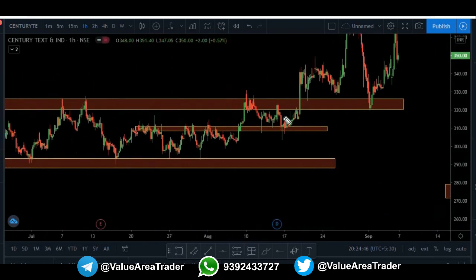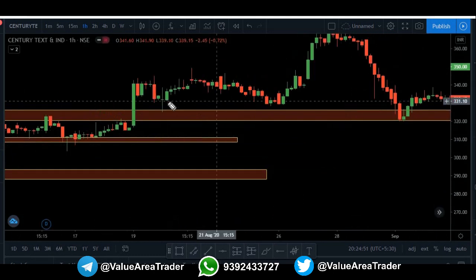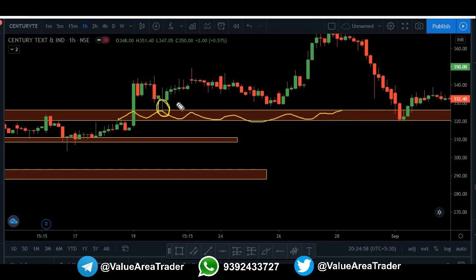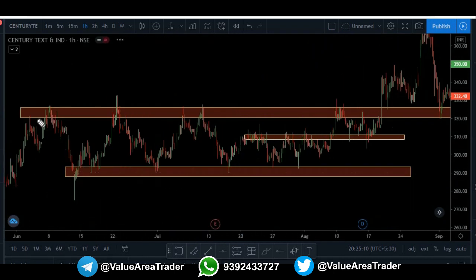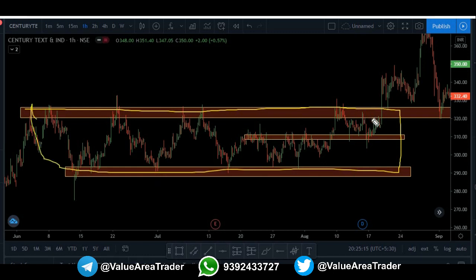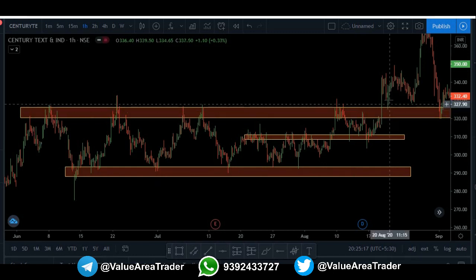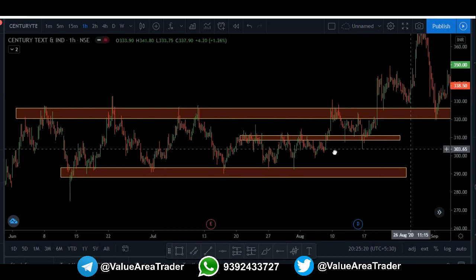You can also see, when price crosses this particular region, I am willing to see these kinds of candles, which clearly reject the down area. It is indicating to me that the buyers are not willing to take the price back inside this particular box, because it has already spent a lot of time inside this box. Now that the buyers have finally taken it out, they won't let the price go back inside here.